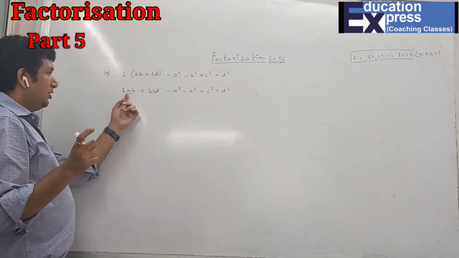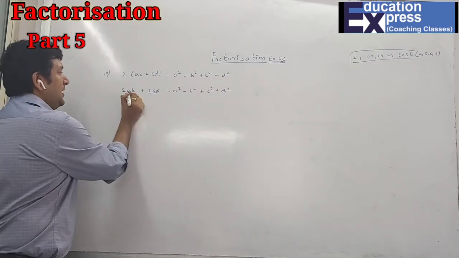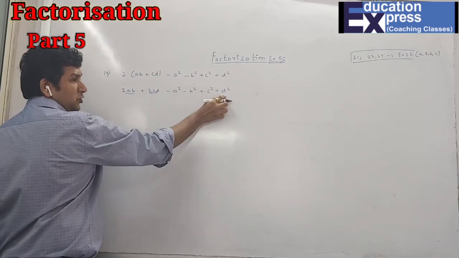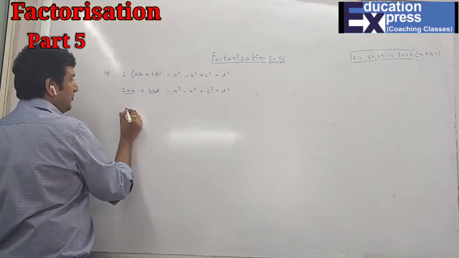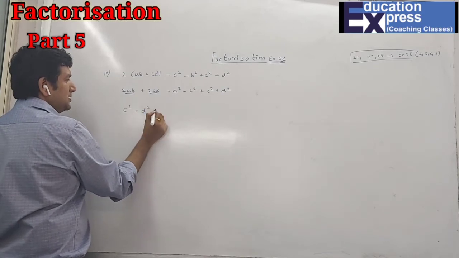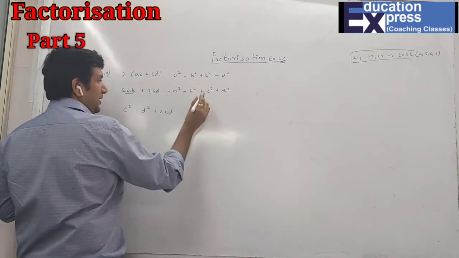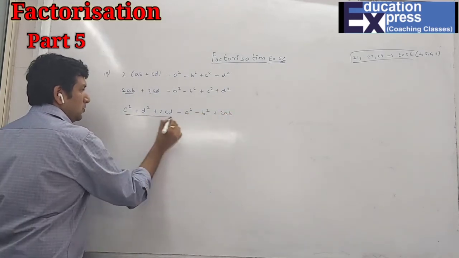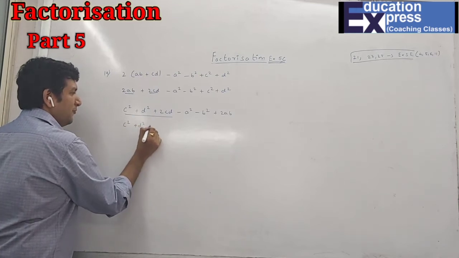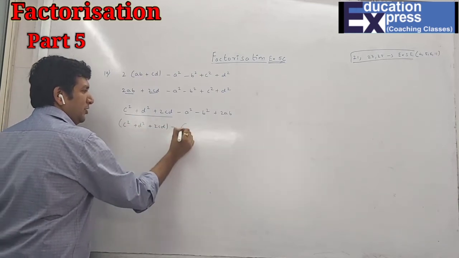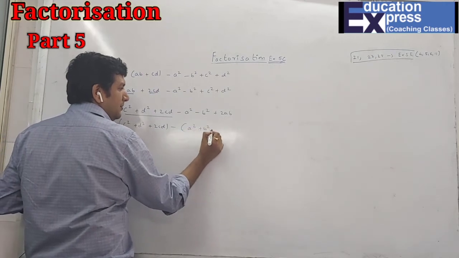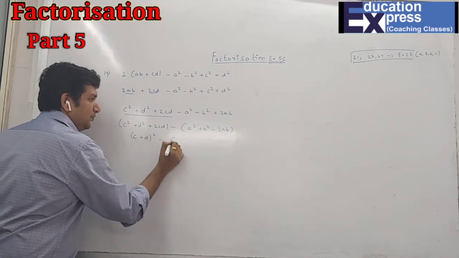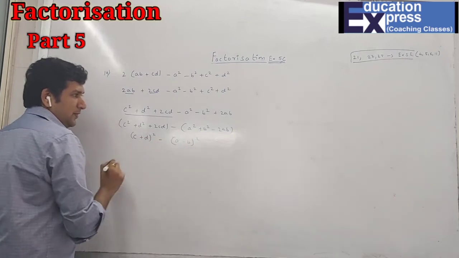That is total 3. One will be 2ab and the others will be what? Which has a and b. So a and b, can you see over here? And this number will have c and d. So which is positive? Obviously c and d, that will come first. So c square, d square, 2cd and then minus a square minus b square plus 2ab. So here this is your positive, which will come first. This is your negative, and a common. This will become a square b square minus 2ab. This will become (c plus d) the whole square, and this will become (a minus b) the whole square.